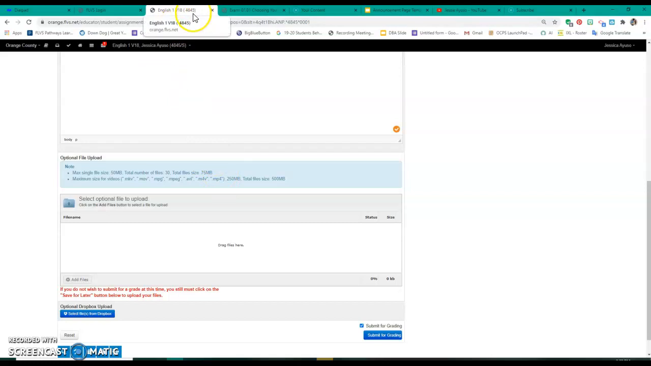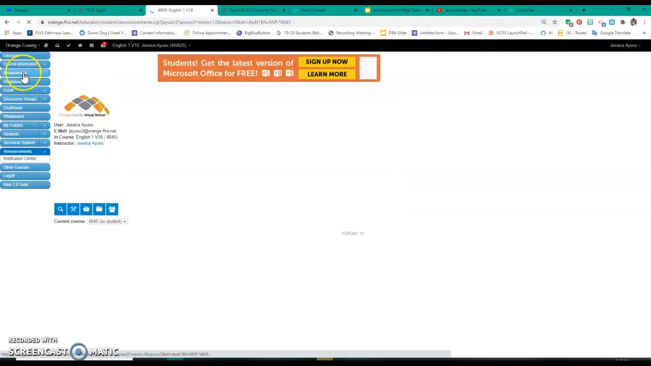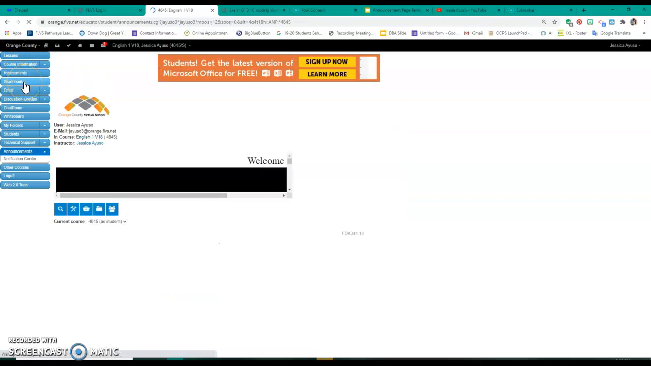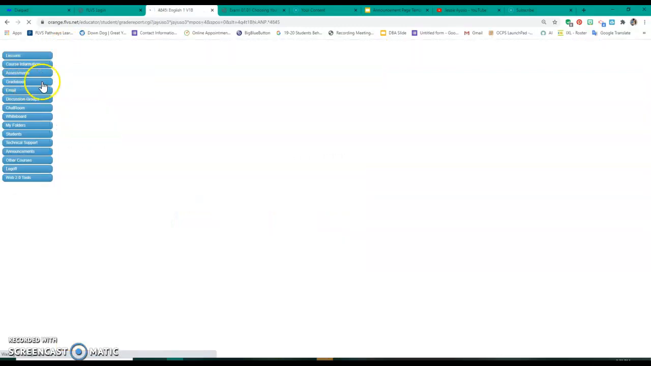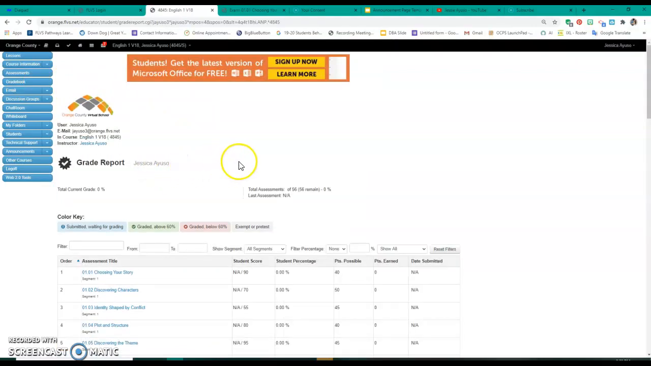Now let's talk about your grade book. So we're going to go back home, and you're going to see the 4th blue button is your grade book. This is also the same as this little check mark. Either one will take you to your grade book. You can also access all of your quizzes and assessments from this page as well, but the gradebook is a